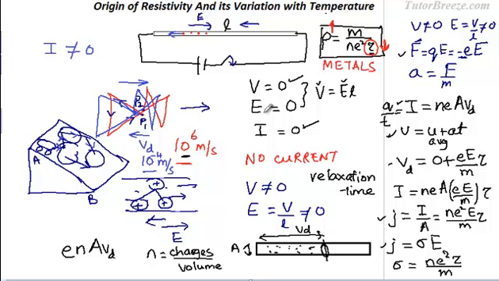But something different happens in case of semiconductors. Now, my question for you is, can you tell me why does the resistivity of a semiconductor decrease with the increase in temperature? If temperature increases, the resistivity decreases in case of semiconductors. The hint is, I want you to take a look at the expression for rho, the resistivity, and see which of these factors might be changing in case of semiconductors apart from the relaxation time tau.